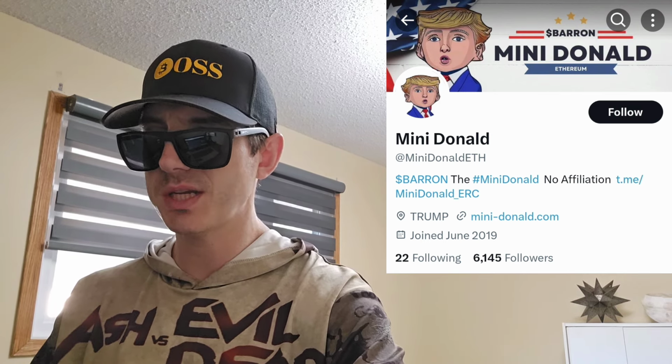Today we're going over the Mini Donald token. Ticker symbol is Barron. Now this token is trending number 2 right now on DEX Tools. It was trending last night actually too, and then I saw today that they are getting a brand new central exchange listing as well, starting today I believe. And we're going to go over the information on the Barron token and how you can get it in just